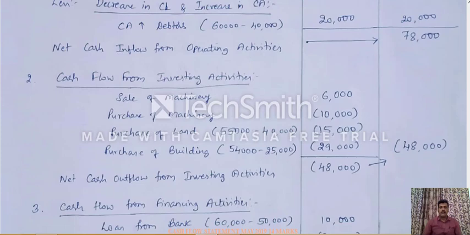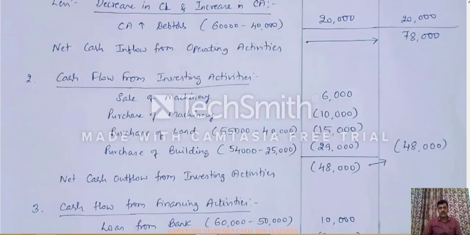And the second one is cash flow from investing activities. So in this part we have to record inflow and outflow of cash from the non-current assets. So here in the machinery account we have two entries related to the investing activities, that is sale of machinery 6,000, that results in inflow of cash, so we add it. Purchase of machinery, the entry on the debit side, To Cash Account, that results in outflow of cash, so we subtract 10,000. Then coming to the land account.